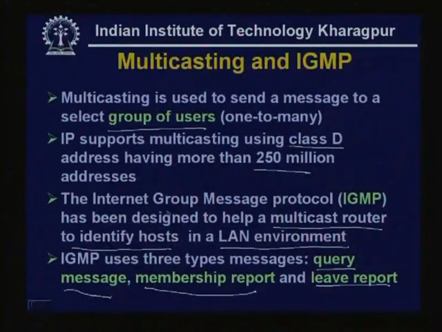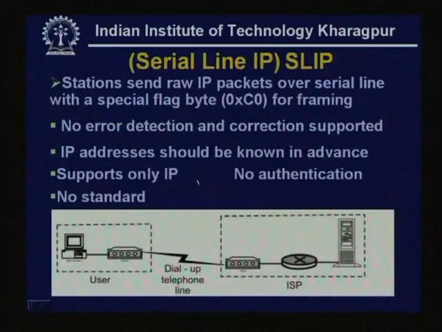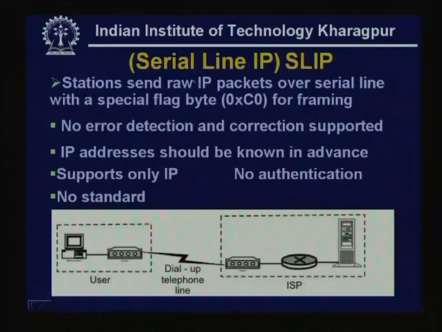and it operates in a somewhat similar manner to ICMP. We have already discussed how ICMP works. In a somewhat similar manner IGMP works, and the group message protocol does the function of multicasting. We have discussed different types of LANs and WANs which are used in internet networking. Now, as I said, suppose a home user wants to use TCP/IP. How can you do it? By using a serial link it can be done,